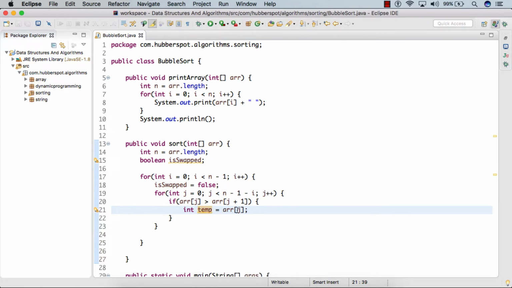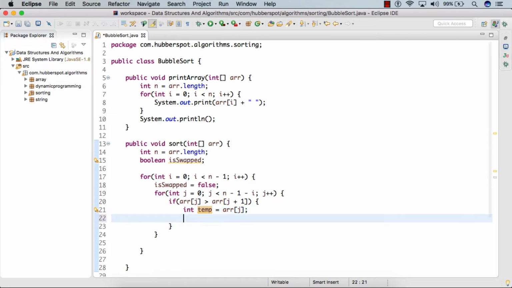After we take out the value at the jth index, we can store the value at the j plus 1th index to the jth index, because we need to perform a swap.